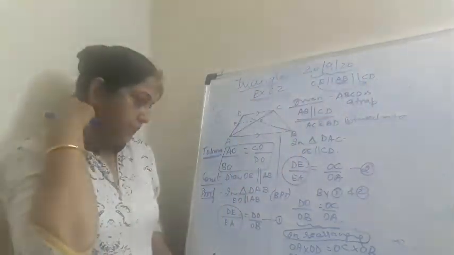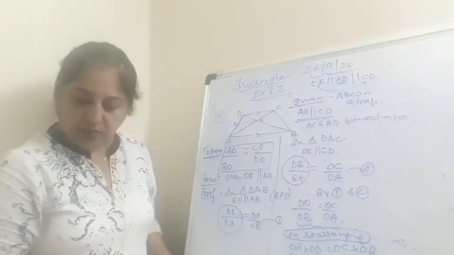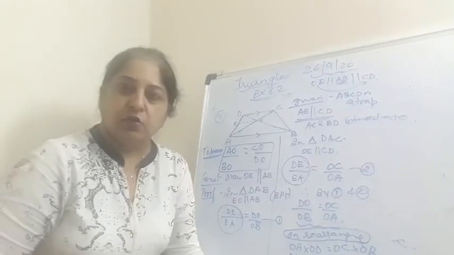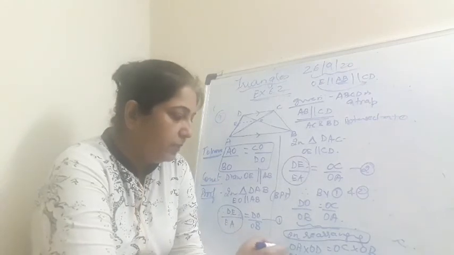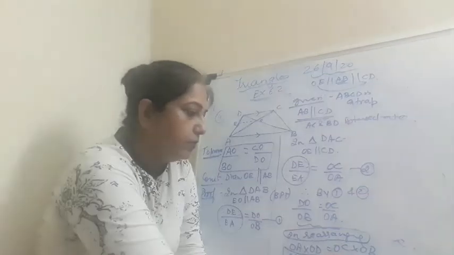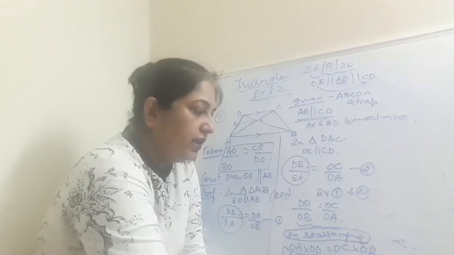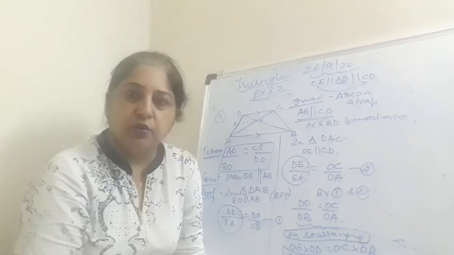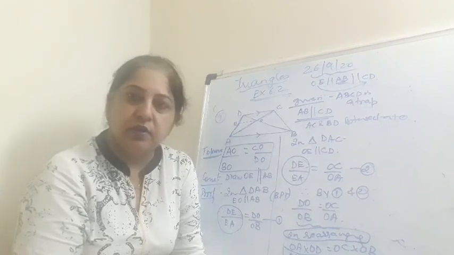Okay, so you can complete these three questions, and there is one more question, the 10th one. I will solve that also and I will show it to you. Okay, so this is the complete proof, and in the end we write hence proved. So therefore I feel that these three questions are clear to you. You complete these three questions today, and any questions you have, then you can ask me.